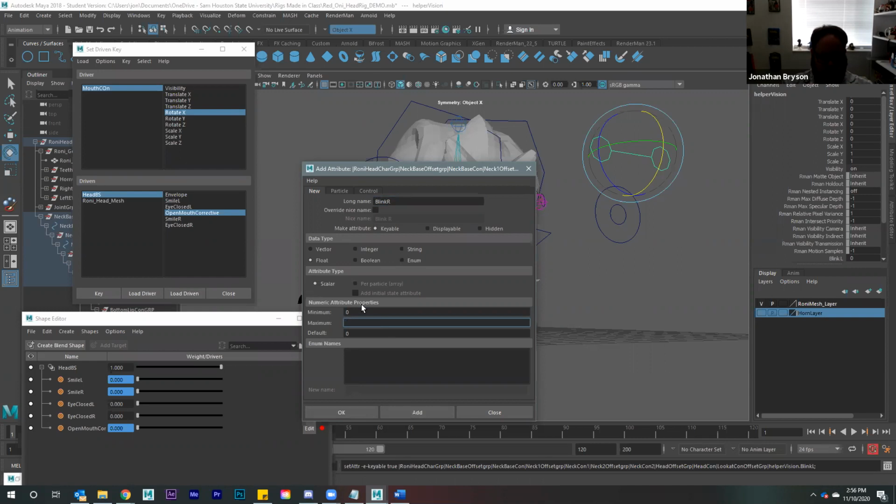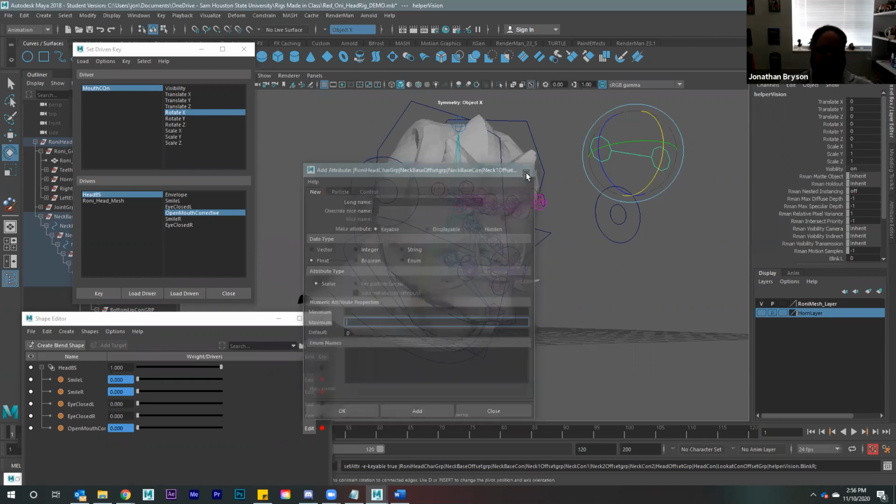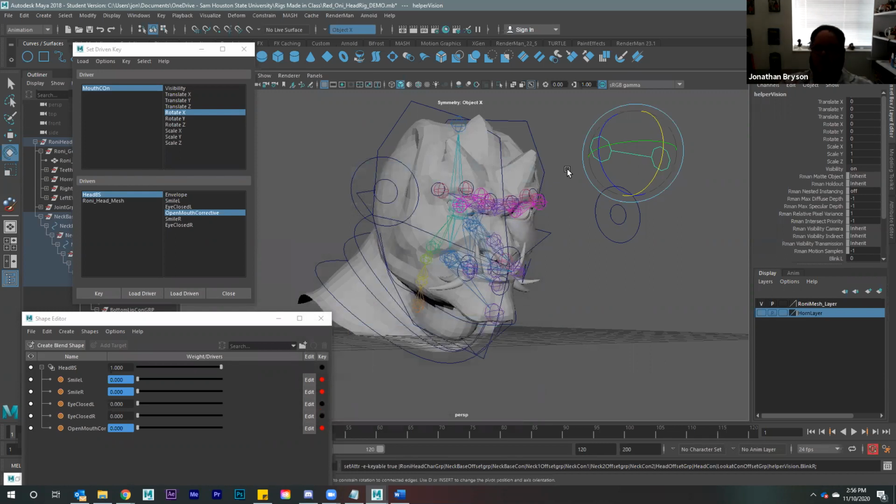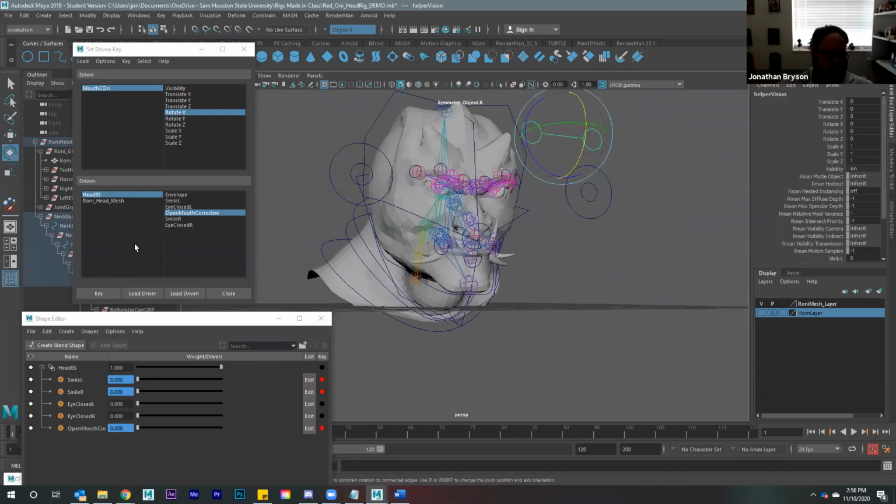0, 1, and then add. If you guys remember from the actual full rig of this, I had a -1 and a +1 value. It's so I could have the eyes widen or I could have the eyes shut. And so that could be something you could set up too if you wanted. So let's do